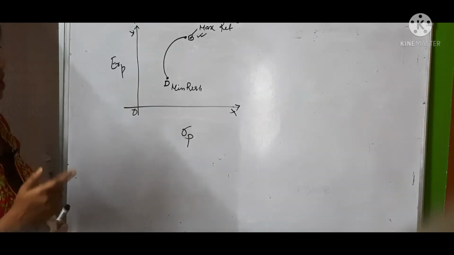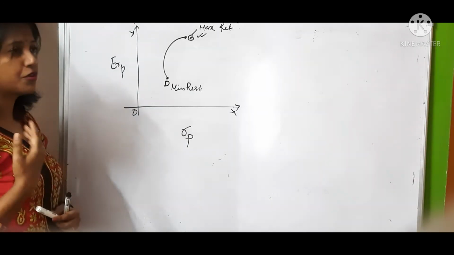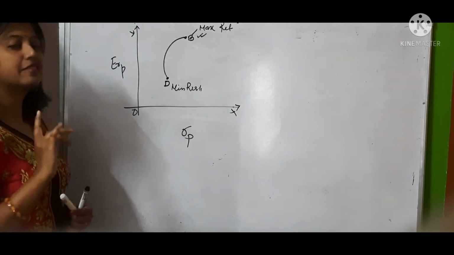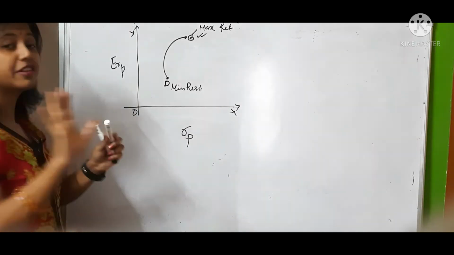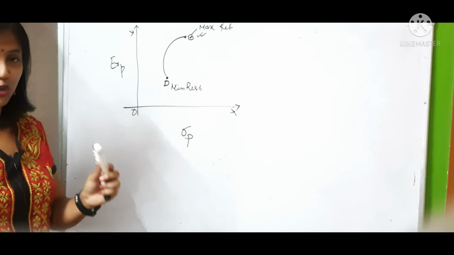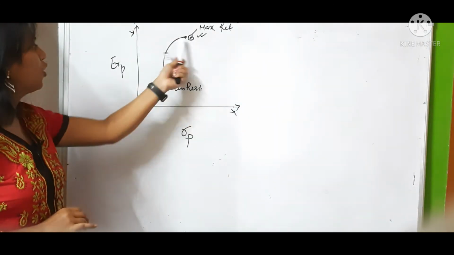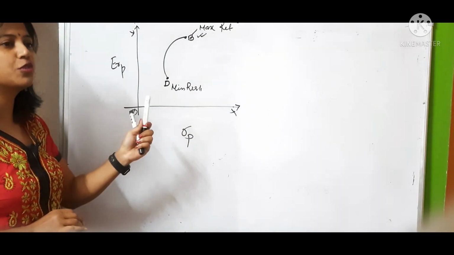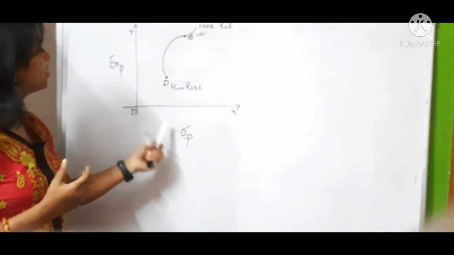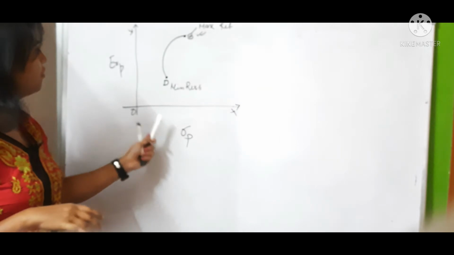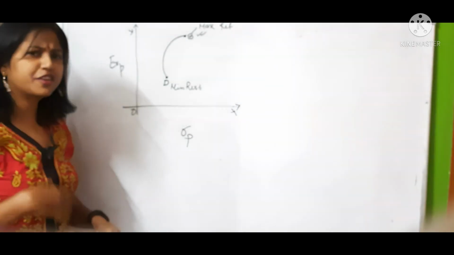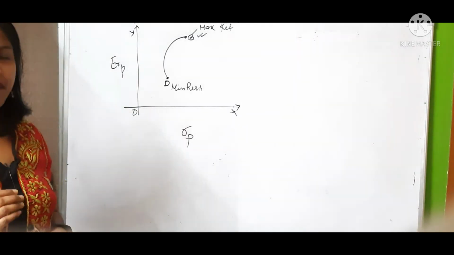Now I have to take you to the concept of the capital market line. For understanding the capital market line, I have explained to you very nicely, I'm sure, what an efficient frontier is. The efficient frontier consists of all those portfolios which give you the optimal combination of risk and return, the best possible combination of risk and return. Now taking you to the concept of the capital market line.